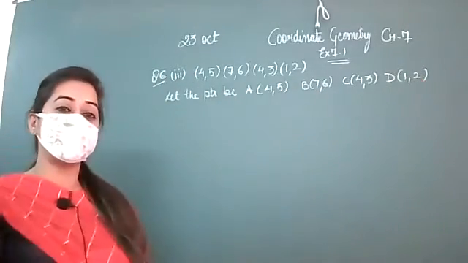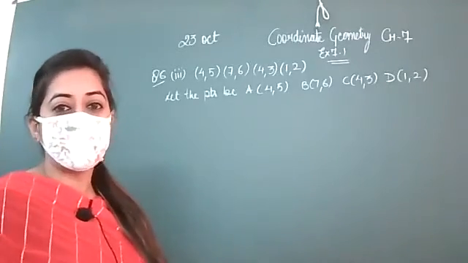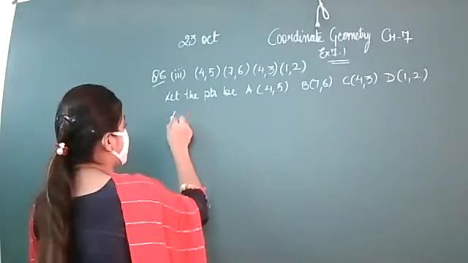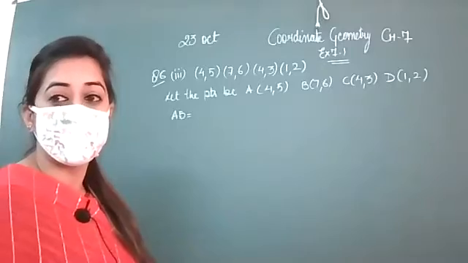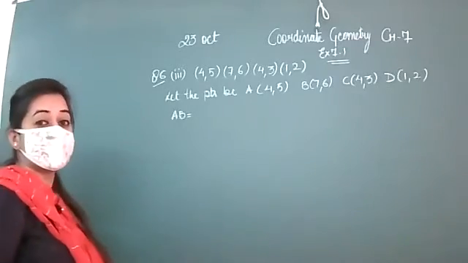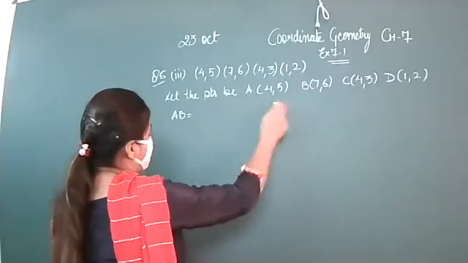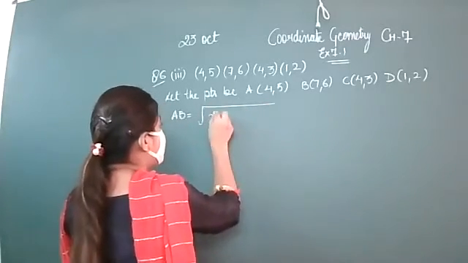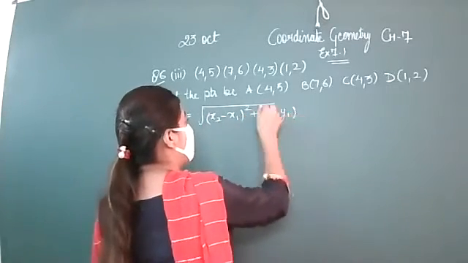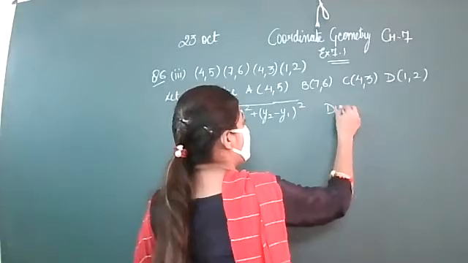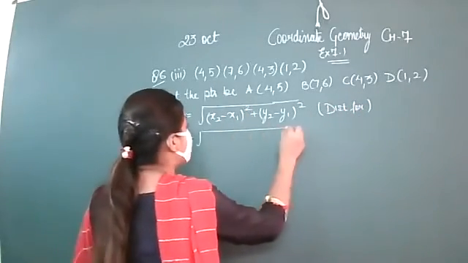Now we want to find which type of quadrilateral they are forming. So this all will depend upon the length of the side. So let's find the side AB. How you will find the length of AB? Yesterday we have discussed similar type of question. For finding the side, you will use distance formula. So let's use the distance formula. You can write the distance formula here: under root (x2 minus x1) whole square plus (y2 minus y1) whole square. This is your distance formula.